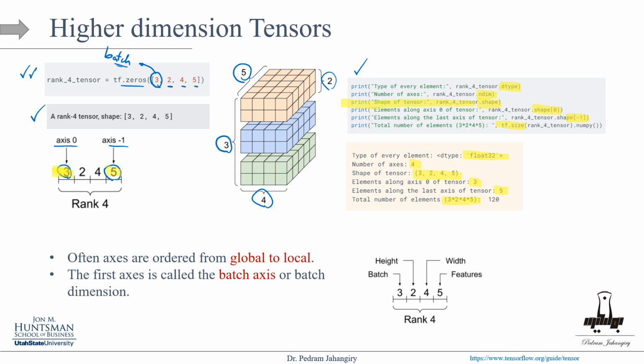So it's going to be 120 in this example. Okay, so I think we talked about it. The axes are, usually, ordered from global to local, right? So you start from how many batches you have, and then you go down. And then the first axis is usually our batch axis, or batch dimension. All right, so that was the rank 4, and now let's look into the next one,